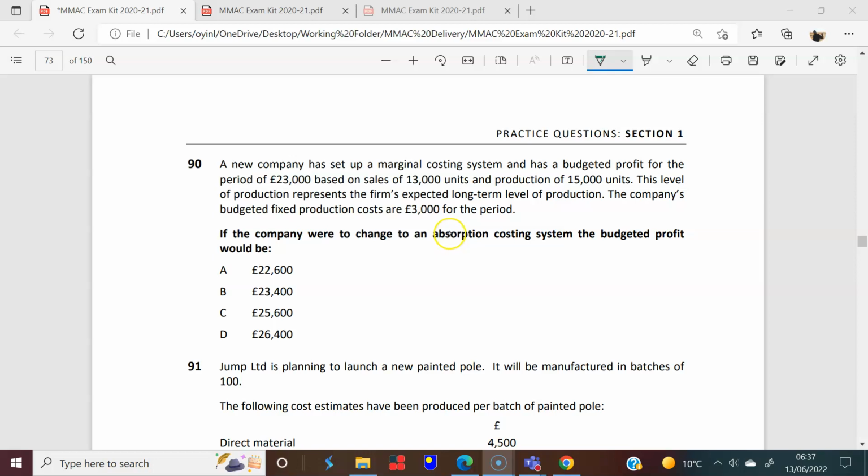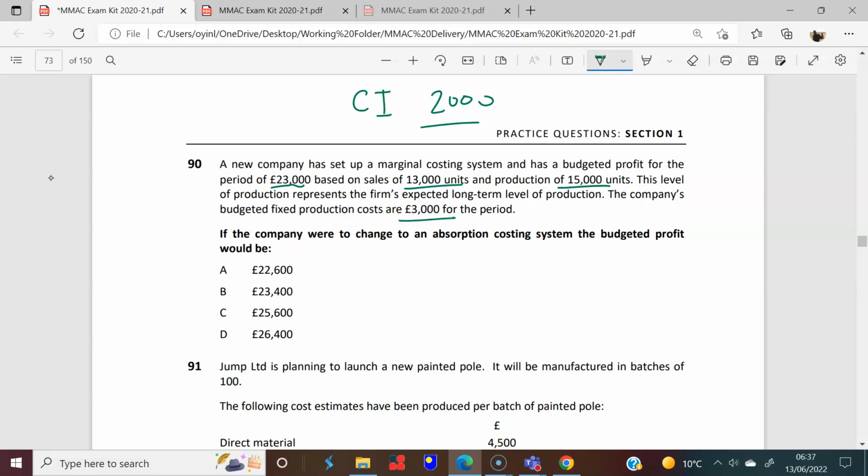Okay, so question 90. We're given quite a bit of information and we're told what the budgeted profit is. So we know what the profit is, and we're told that you're going to sell 13,000 units but produce 15,000. So you will have closing inventory of 2,000 units. That's the issue here. You have this closing inventory of 2,000 units that currently, as things are, all the full